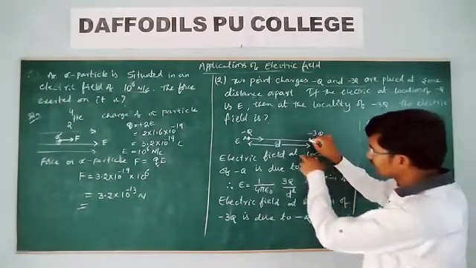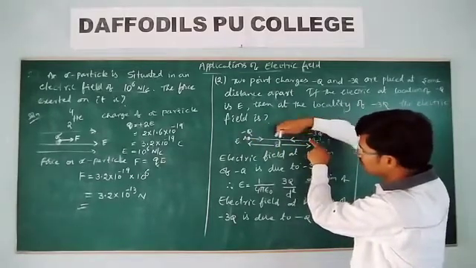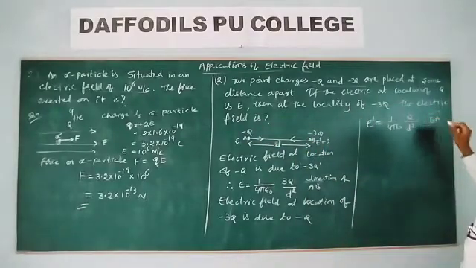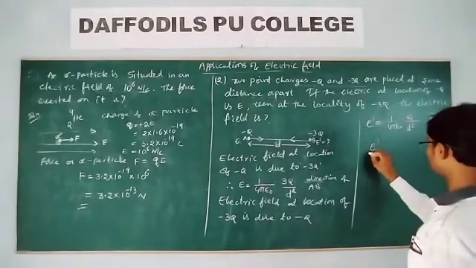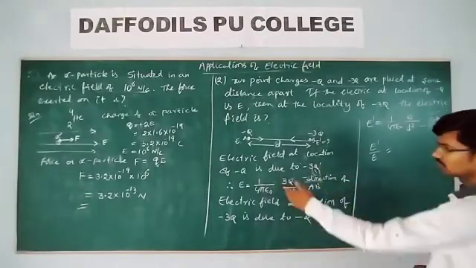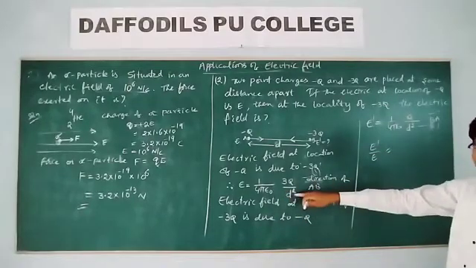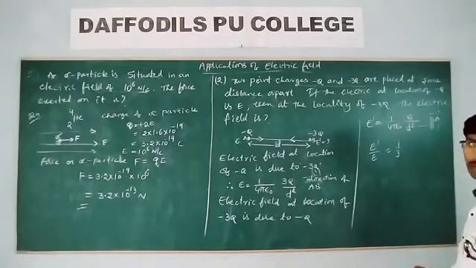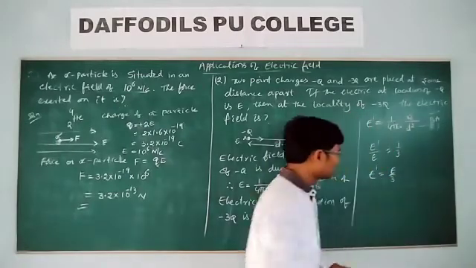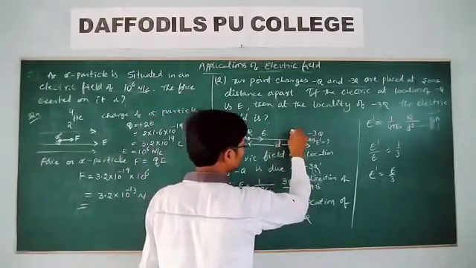The electric field at any point due to a negative source charge is towards the source charge. That means in the direction of B A. Now take E dash by E, the second equation divided by the first one. What do you get? 1 by 4 pi epsilon naught cancels, Q by d square cancels, then you get 1 by 3. Therefore E dash is equal to E by 3. In what direction is E by 3? Remember, E is in this direction, and E dash is in this direction.